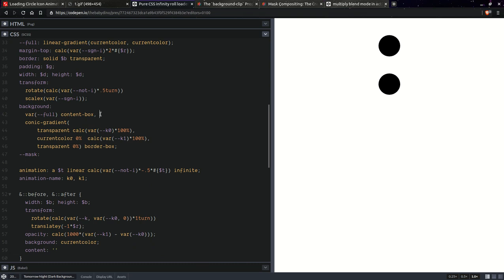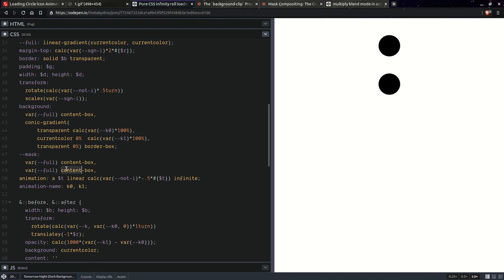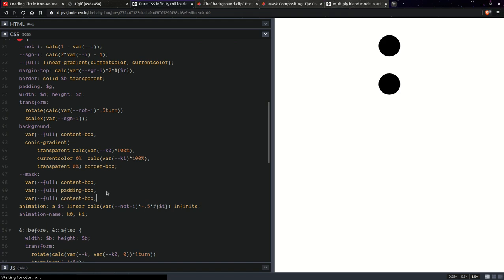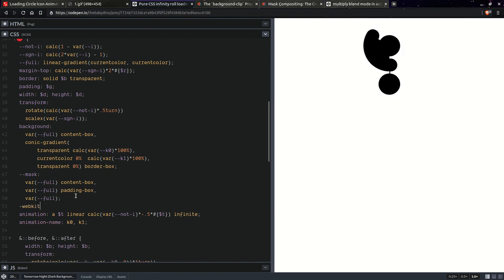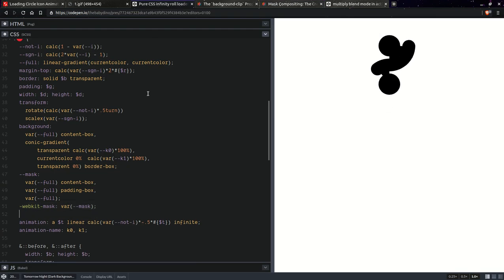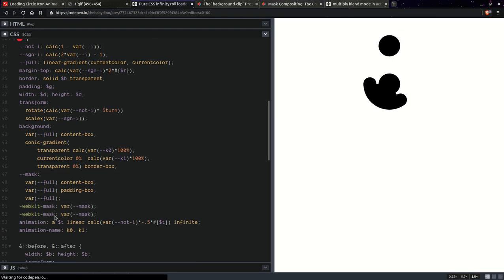We're going to have something like this. Paste it once more, and this is going to be padding there. And here we can just delete this part because it's going to stretch out anyway. So here we're going to have WebKit mask set to that mask, and of course without compositing, which again I wrote an entire article about and it's going to be linked in the description. So here we're going to have this is going to be